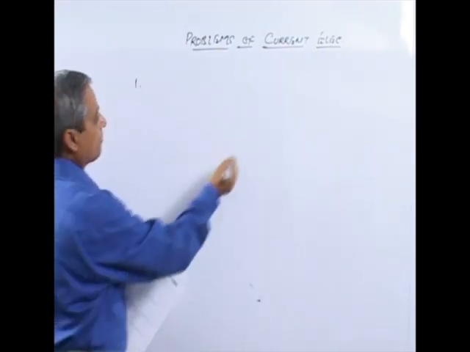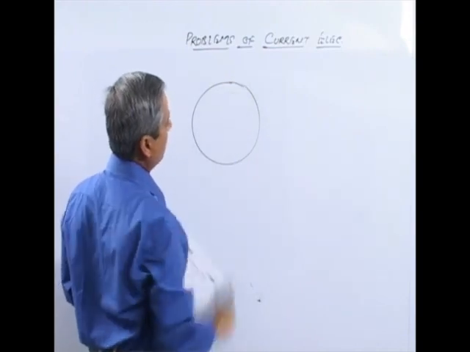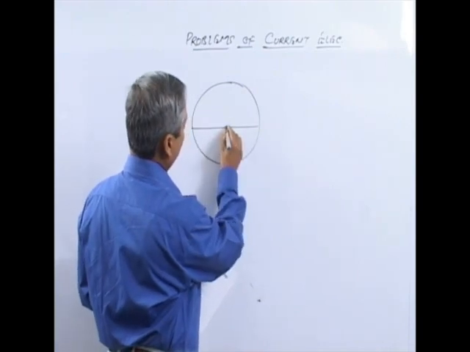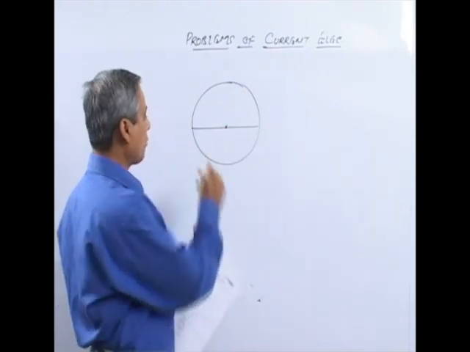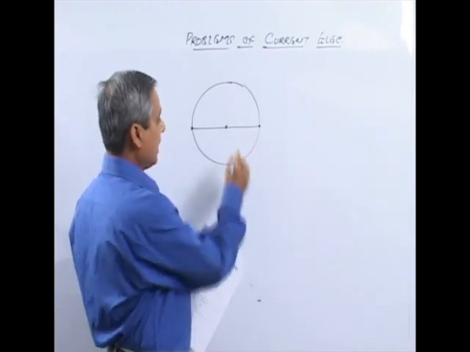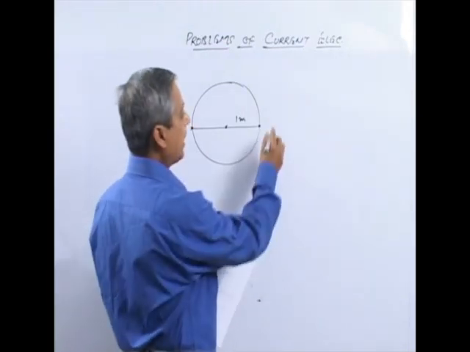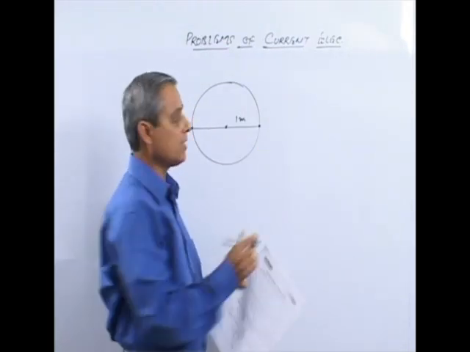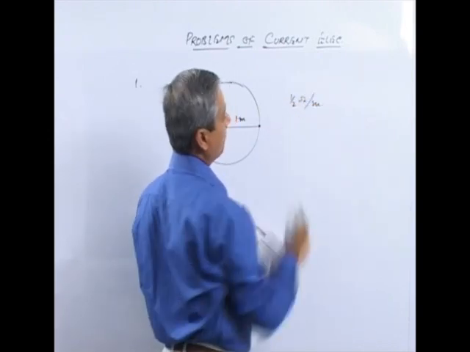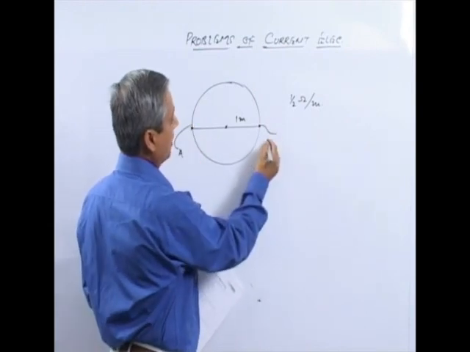So question number 1, एक वायर को एक सर्कल में बेंड किया हुआ है जिसका रेडियस 1 मीटर है, एंड देन इसी वायर को सर्कल के डायमीटर में भी लगाया हुआ है। रेडियस दे रखा है इसका 1 मीटर एंड दे रखा है कि वायर का रेजिस्टेंस पर यूनिट लेंथ 0.5 ओम, दैट इज हाफ ओम पर मीटर है। सो इस सिचुएशन में if these are the terminals A and B,